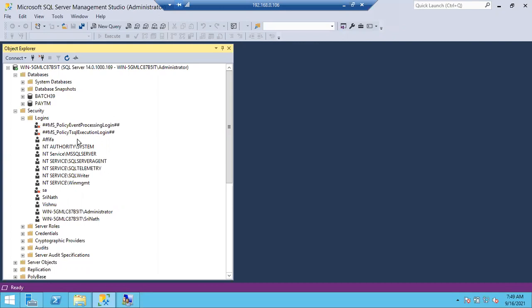See, this is the password you are changing at the Windows machine level. You are not giving any new password at the SQL level, right? So once you change the password for this machine, imagine 106 is the machine, now it is prompting us to change the password. I have changed the password.